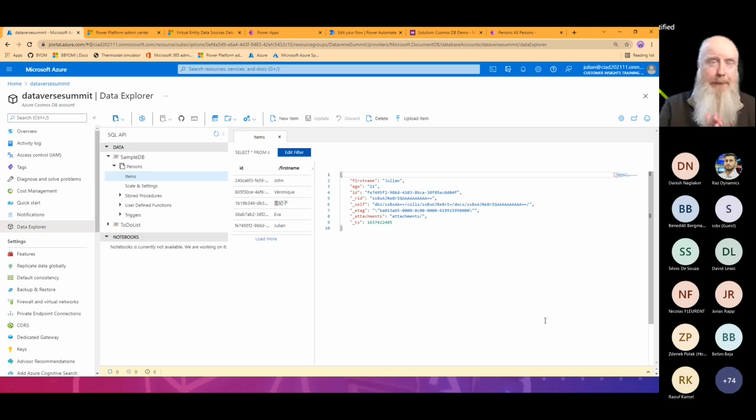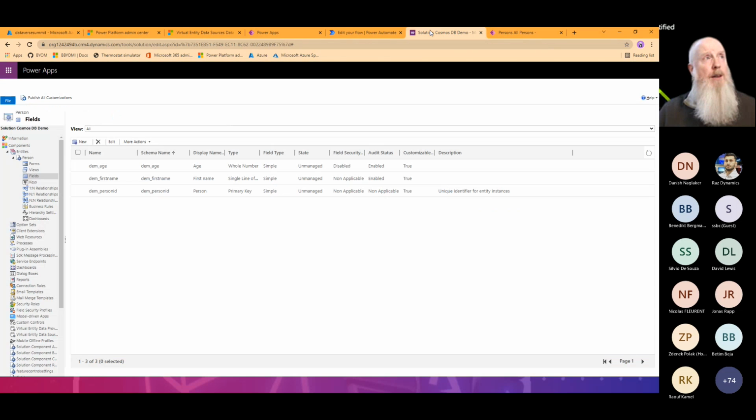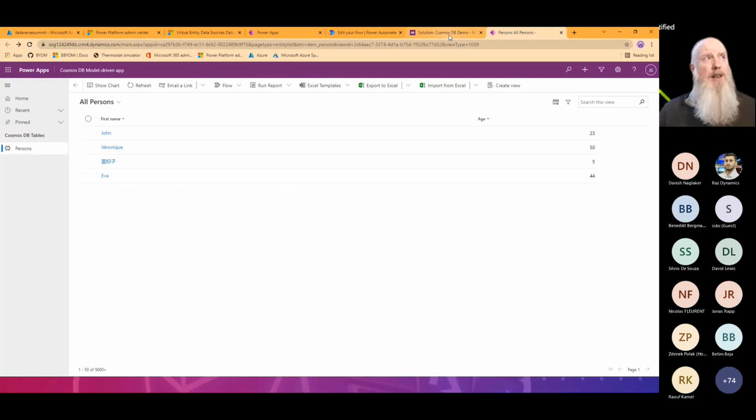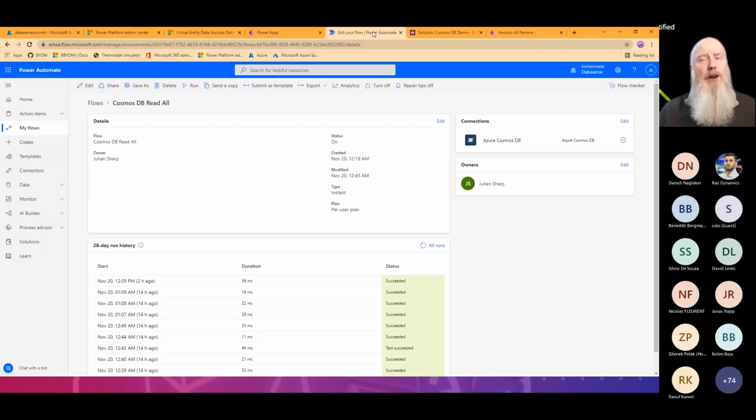So we've got this way. This is the first way. We can use the connector. I can retrieve, I can create, I can update, and I can delete documents directly in Cosmos DB. And the way I would do it if I'm doing a Canvas app is I'll be doing exactly what I've done here. Because to be honest, even for a lot of things, I like my apps to be nice and simple. And I put all the complexity and logic and data interaction in my flows,